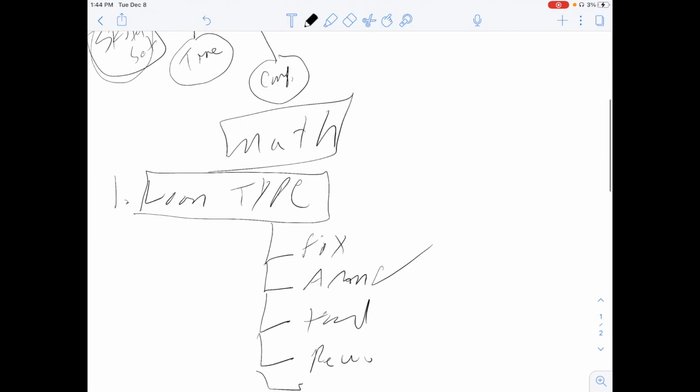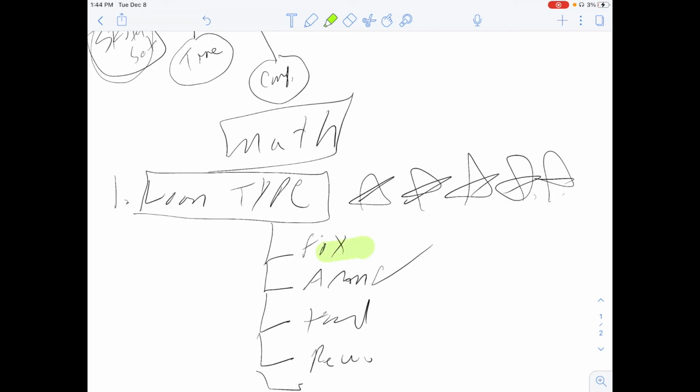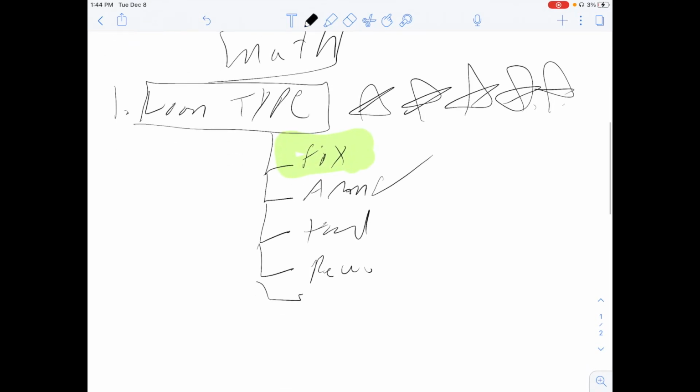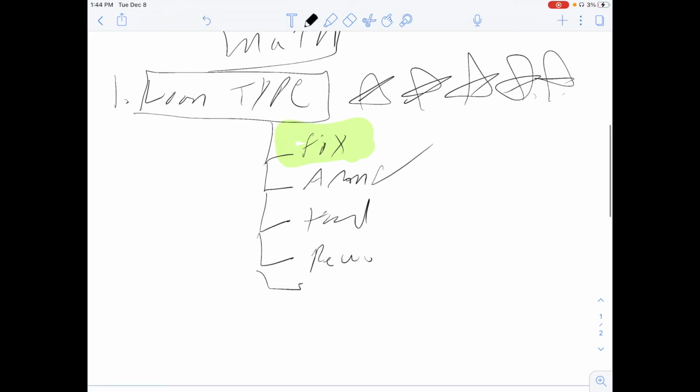One of the most important things for me when I look at a subject to deal is the loan type, because as a buy and hold guy, my primary focus is fixed and nothing else. I'm not looking for hard money. I'm not looking for reverse mortgages. I'm not looking for some private bank. I'm just looking for cookie cutter bank mortgage companies with fixed rates.